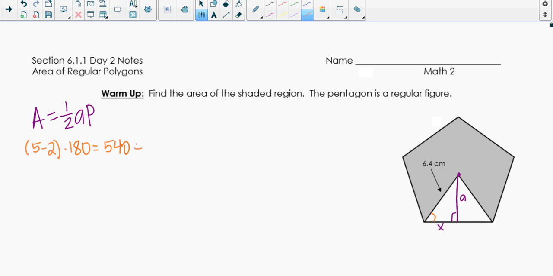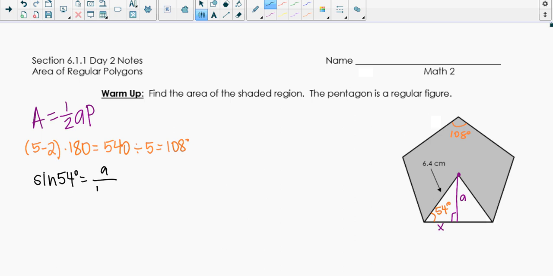We want to take that and divide it by 5, and when you divide that by 5, you should get 108 degrees. Remember, that means one of them is 108 degrees, but we don't want the whole thing. We want half of that. Half of 108 is 54. So now, in order to find A and X, for A, I'm going to do sine of 54 degrees equals